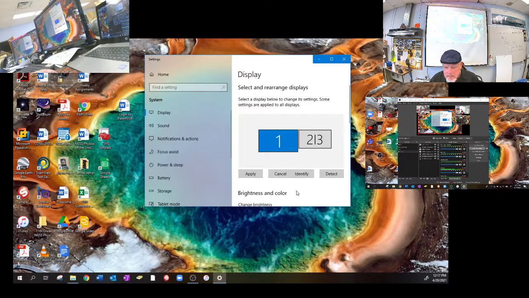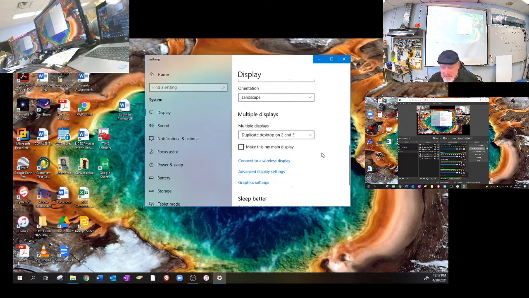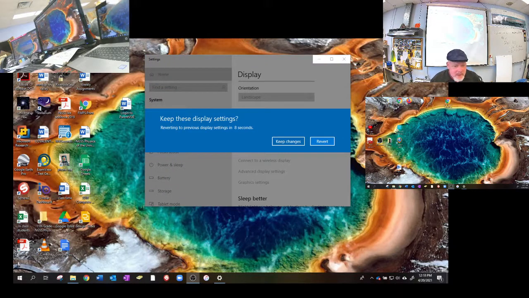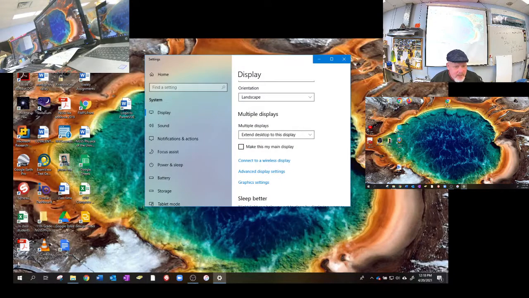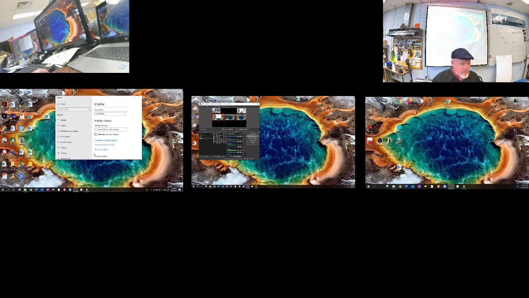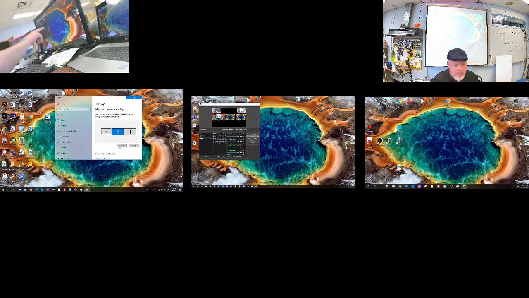So I'm just going to revert this back. So I want 2 and 3. I'm going to revert this back to what I started with. I'm going to go back and scroll down, and I'm just going to extend everything. There we go. I'll move this back. Now, one more thing, and I'm going to keep the changes. All right. And that will bring me back to, you can see now once again, I have monitors 1, 2, and